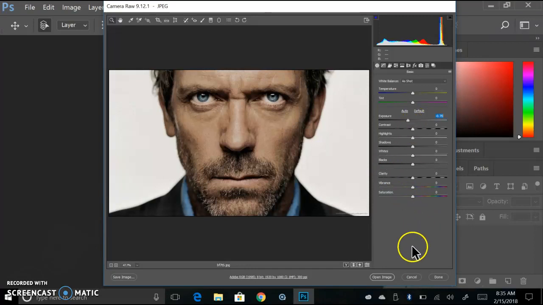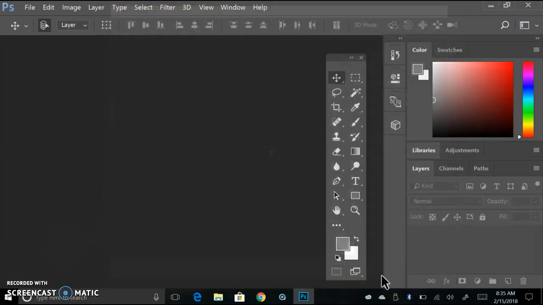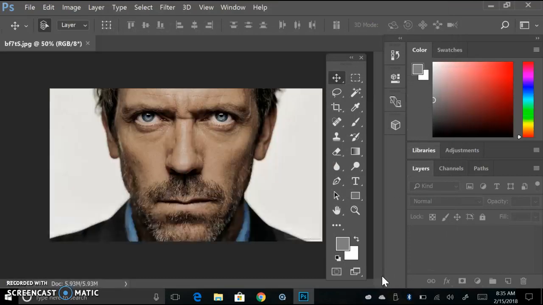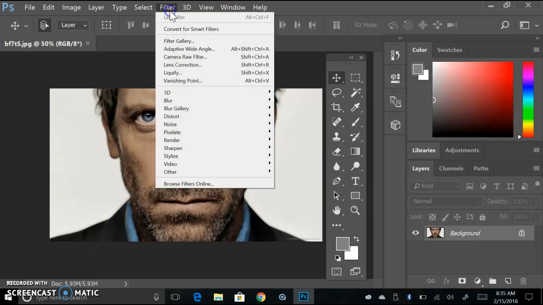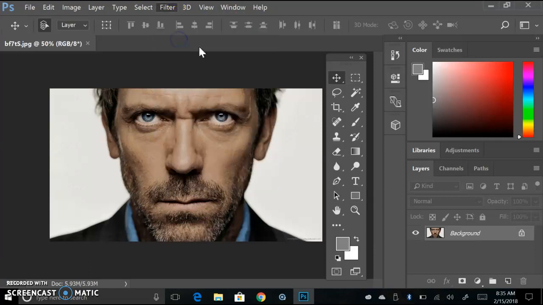So I'm going to assume that this is okay, but you'll want to play with all these sliders to make it look as good and realistic as possible. Then you're going to hit Open Image. So once your image opens, the first thing that you're going to need to do is go to Filter, Filter Gallery,